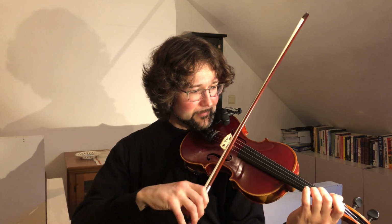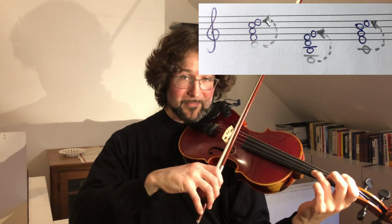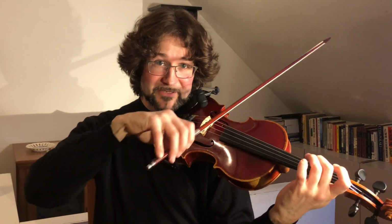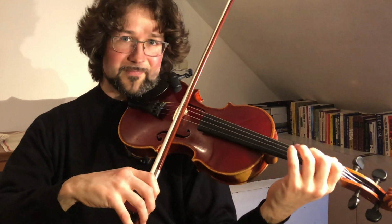Next, inversions. That is when we use a different note of the chord as our basis. So, for example, we can use the F as our basis. And that means that the D that we had in the bottom, we now have to put it on top. And then our next chord would be, so that becomes, and then the 1, that will become,